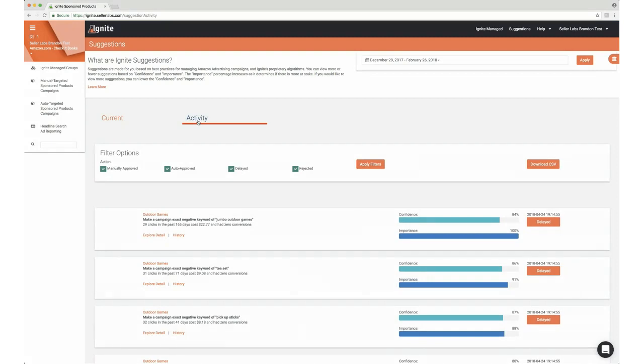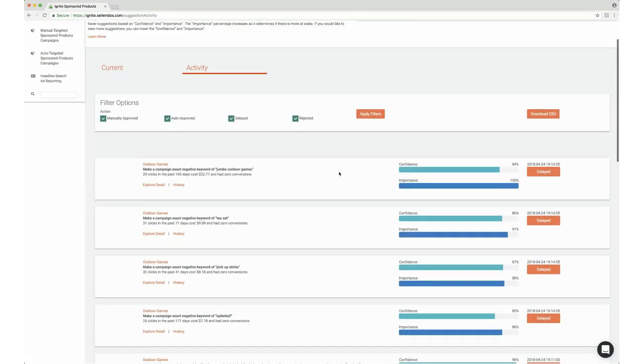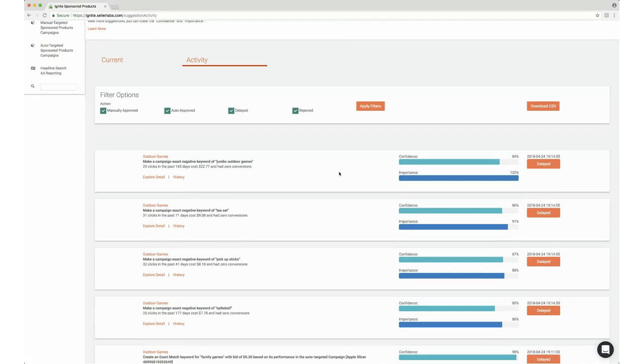You may get kind of lost up in all that data and not really know what changes were made over the past week or so. So from here, you can actually see the historic data of your suggestions. You can see when they were actually acted on, and you can also see the specs for that suggestion when they were acted on. So I can see the 4 that I just delayed right now,